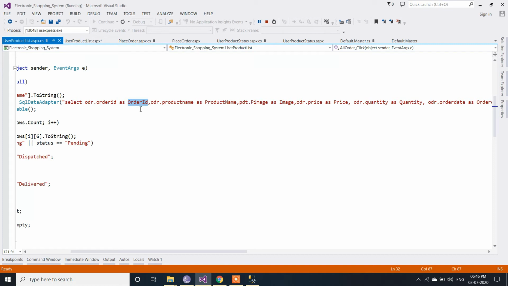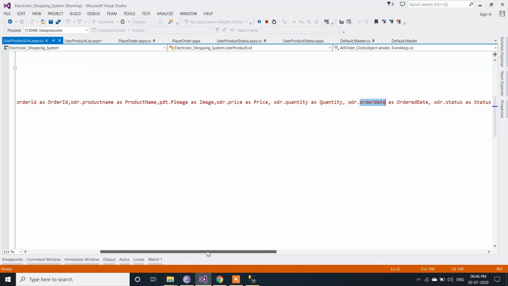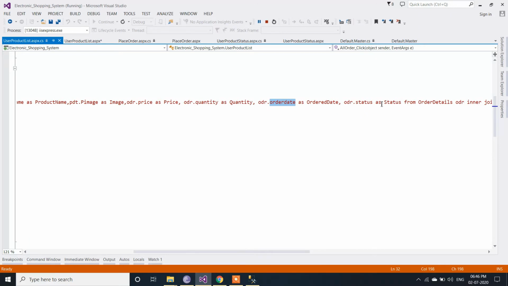So it will get the order id, then product name, then product image, then price, then quantity, then order date, then the status of an order.